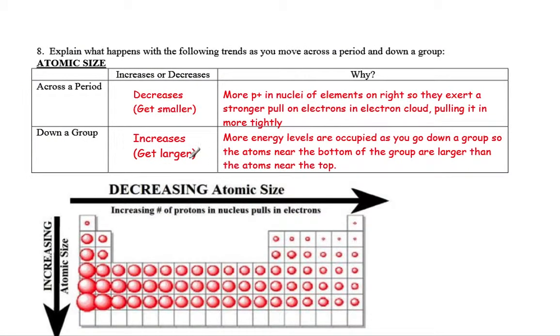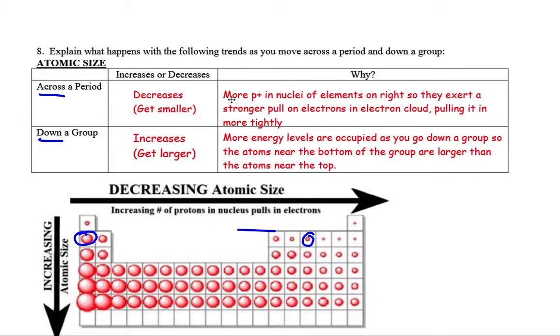All right, trends, quickly. We go across a period or down a group. When you're comparing 2 elements and you're going across a period, so for comparing this one and this one, I'm just randomly picking one, but these 2 are across the same period, the same row. We're not going up or down at all.